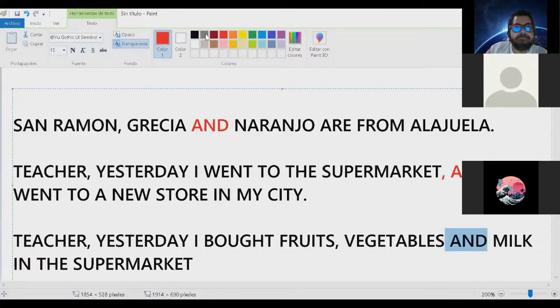We start with the easy part. Guys, this is the easy part. Esta es la parte sencilla, guys, to understand this about the comma. Teacher, but why are you explaining this? ¿Por qué esto? Guys, because in the written exam, les voy a hablar las comas y los puntos, okay? So you have to be careful about this. You have to be careful for the written exam about the commas.